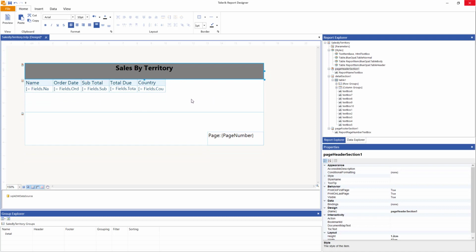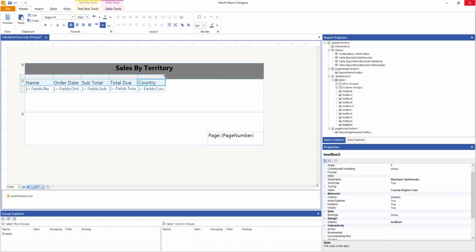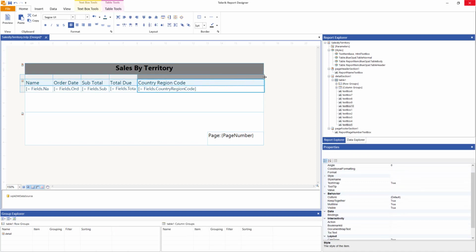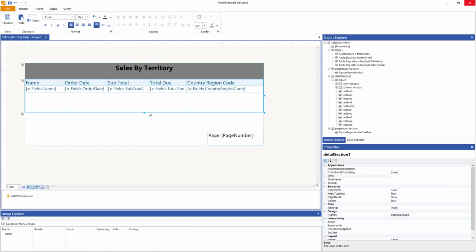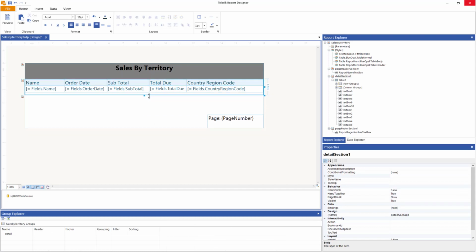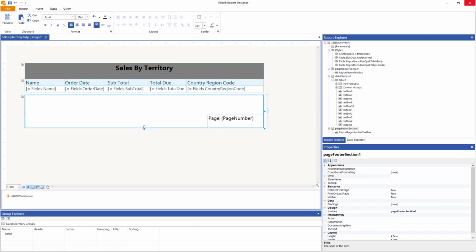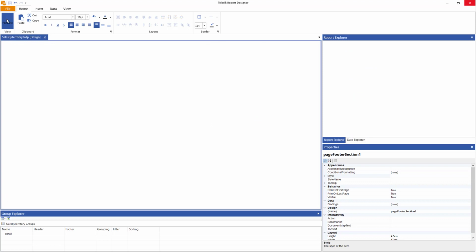Now the second section here is the one that will repeat and will have all the data in there. So if I want to expand the size, I can do it this way. All right, so I can then further reduce the size of the repeated field. And finally, we have the page number or the header or the footer section. Now that we've designed the report, it's a simple one at this time, let's take a quick preview of this